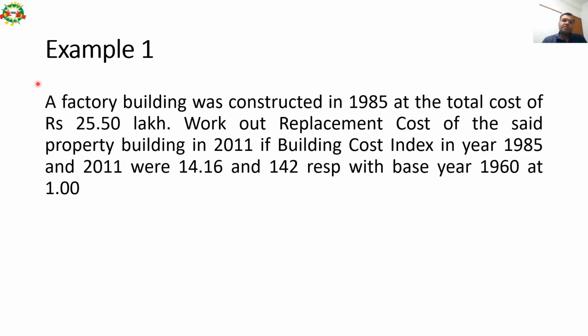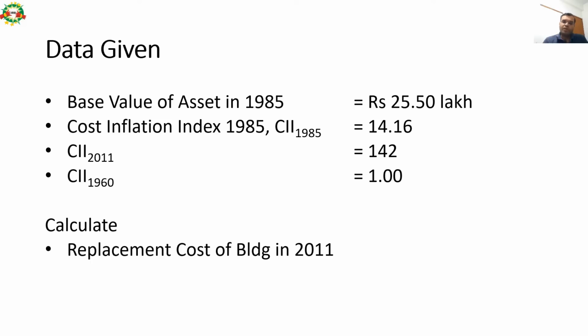So first example is a factory building was constructed in 1985 at the total cost of rupees 25.50 lakh. Work out replacement cost of the said property building in 2011 if building cost index in year 1985 and 2011 were 14.16 and 142 respectively, with base year of 1960 at 1. So as I always say, always try to write data given in the question whether it is relevant for solving the question or not. So in this question, base value of the asset in